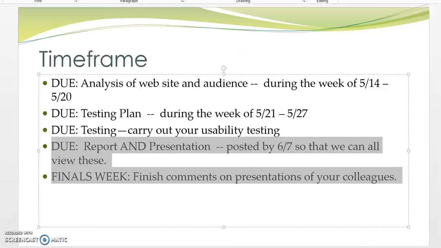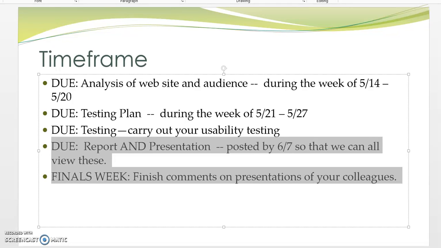Now, I want to pop over for a second to the upcoming dates. For week 9, the only thing that's going to be due by Sunday night is going to be the annotated bibliography if you're a graduate student. Nothing is going to be due if you are an undergraduate student. However, you also want to get in contact with your group and make sure that you're on the same page with how the testing is going, the reports, everything's divided up. You should really be spending this time doing the usability test, compiling your results, and then analyzing them.